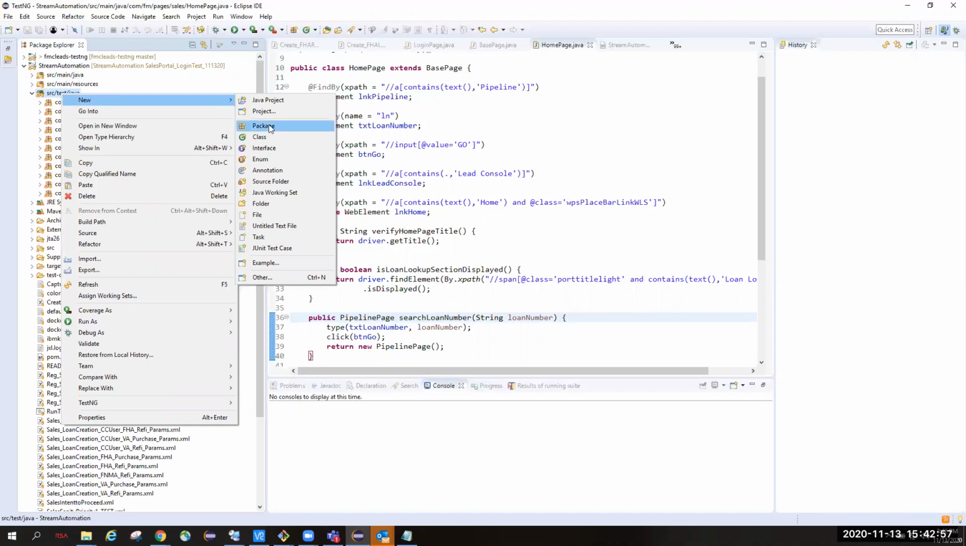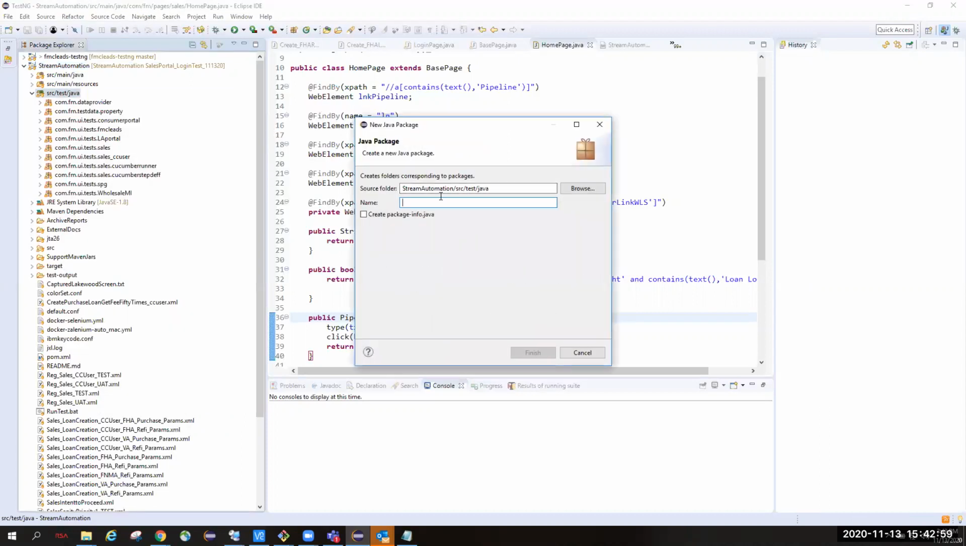So you can create a new package for it. Most of the time we usually follow standards like com.companyname, or the project name, depending on what kind of test I'm going to write, say some UI test. So I'm saying something like sales demo. Okay, so once you create a package,